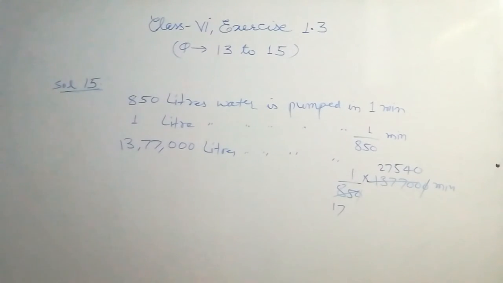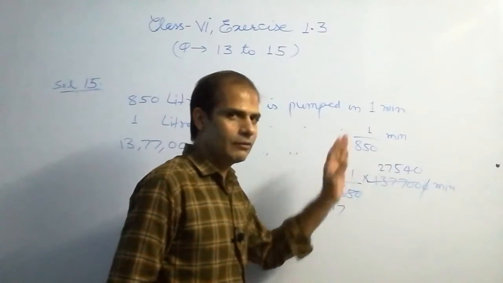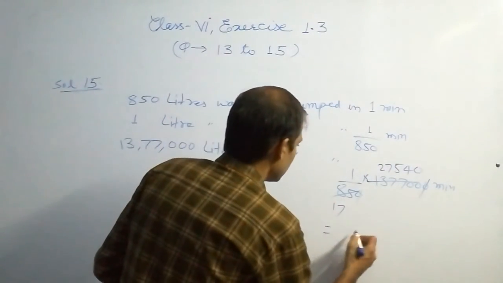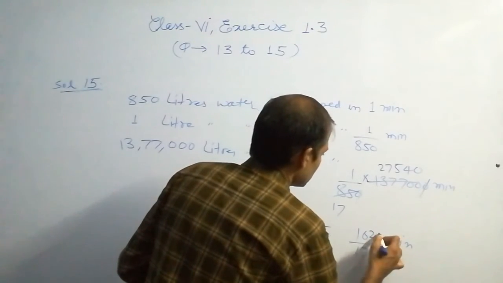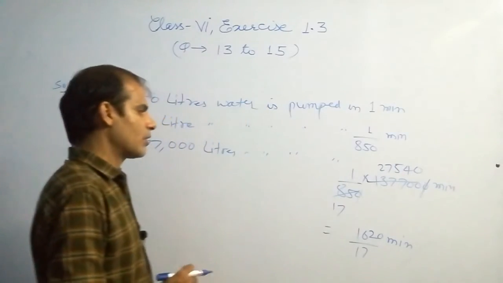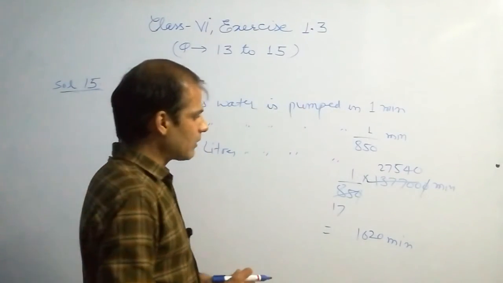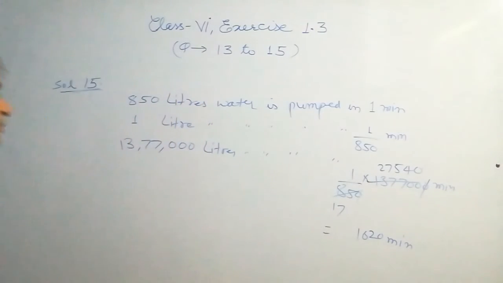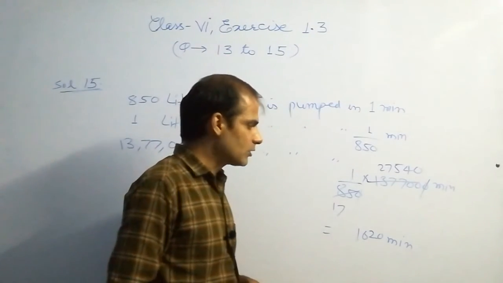And try to divide this number by 17. Okay, it is completely divisible. How many times? It is 1620 minutes, and this is the answer, but not final, because in the